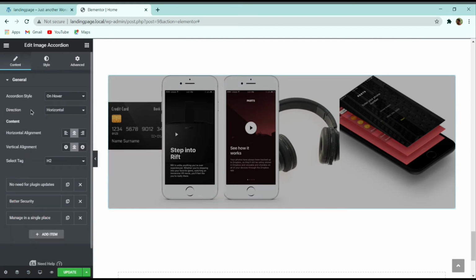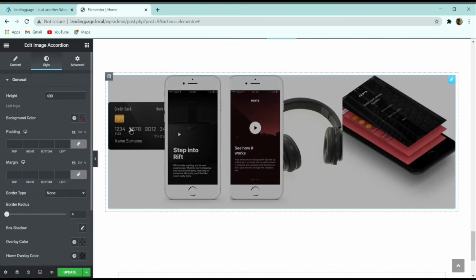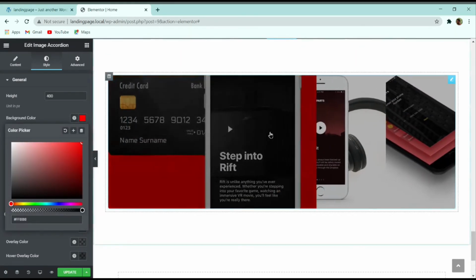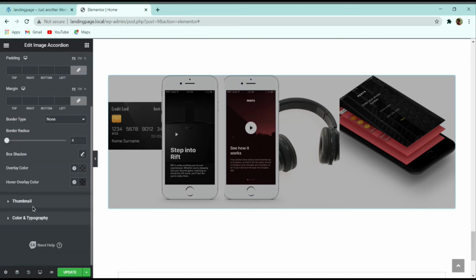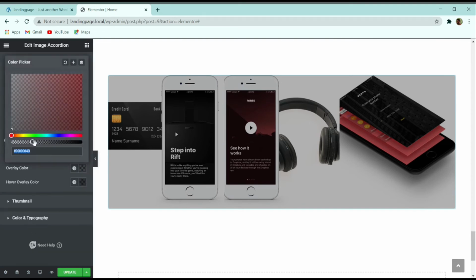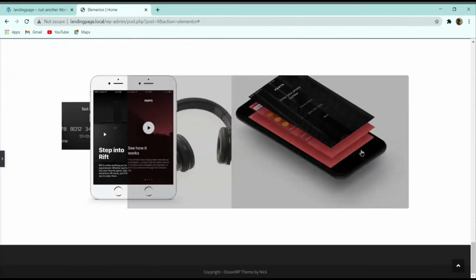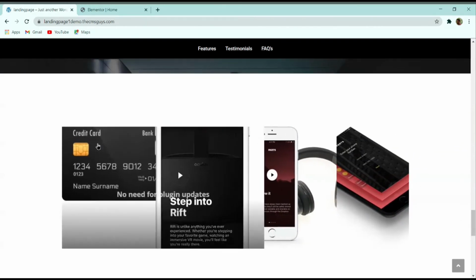So let me go to here, you can also change vertical alignment, anything also you can change it here. So suppose if you want to change the background color, so here you can see that it is changing for the one only. And here you can change this overlay color. Suppose if you don't want to keep this overlay, then in this way you can delete this overlay, and here you can see that this section is completely ready.